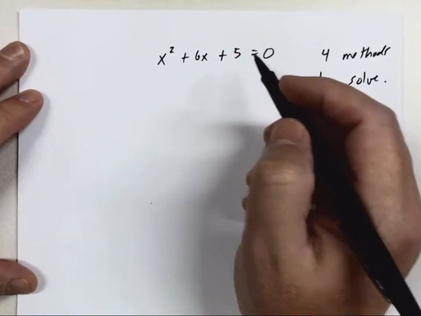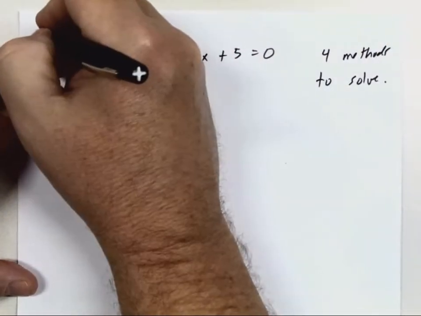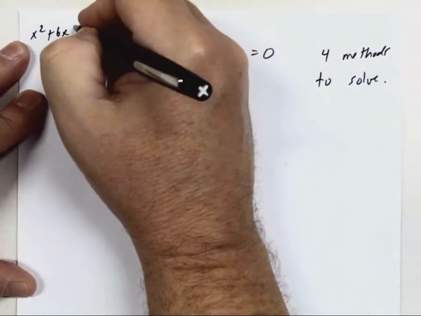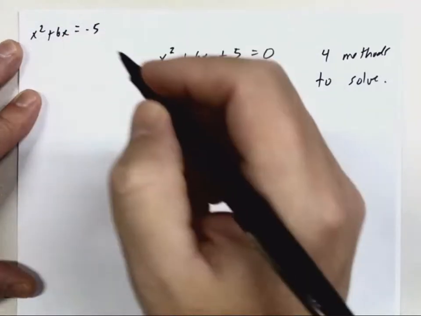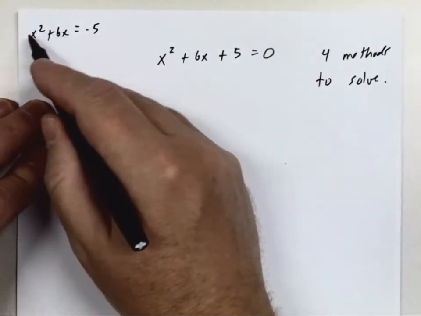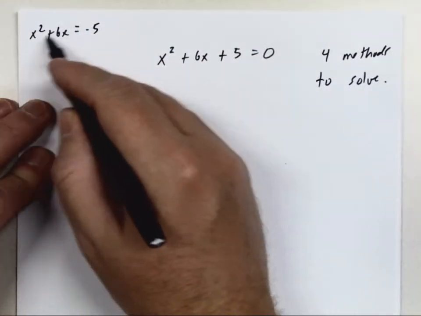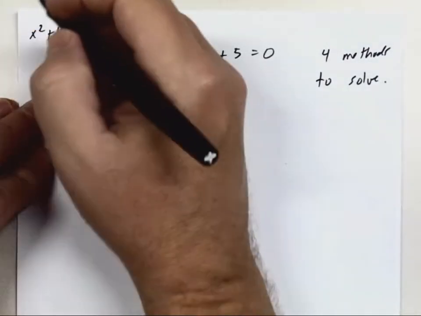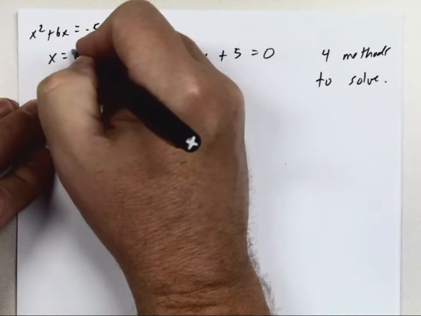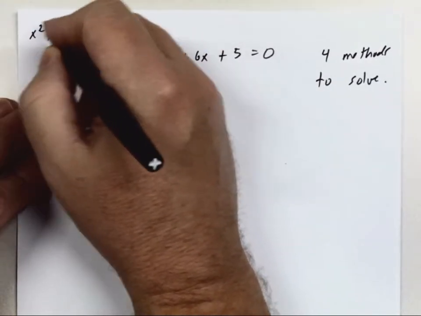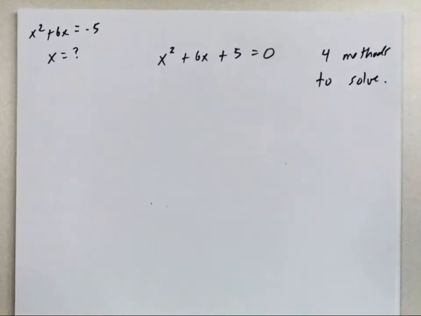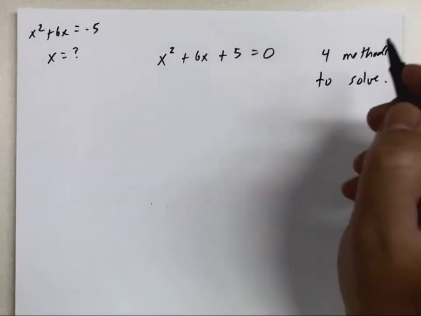In other words, if I get all the x's on one side and the number on the other, I'm sort of stuck. My ultimate goal is to get x equals something, and I can't do that really with these terms. So the old way doesn't work, so we have to come up with new ways, and there are actually 4